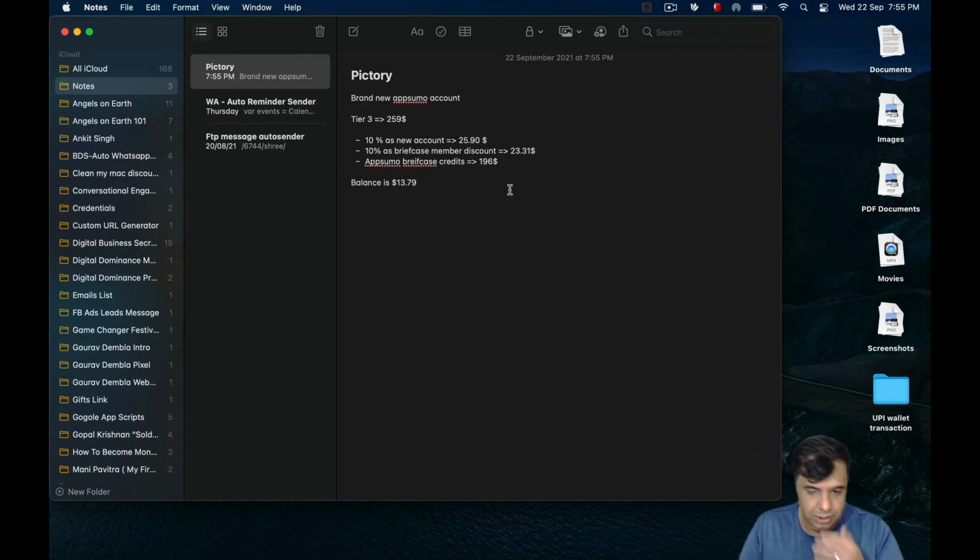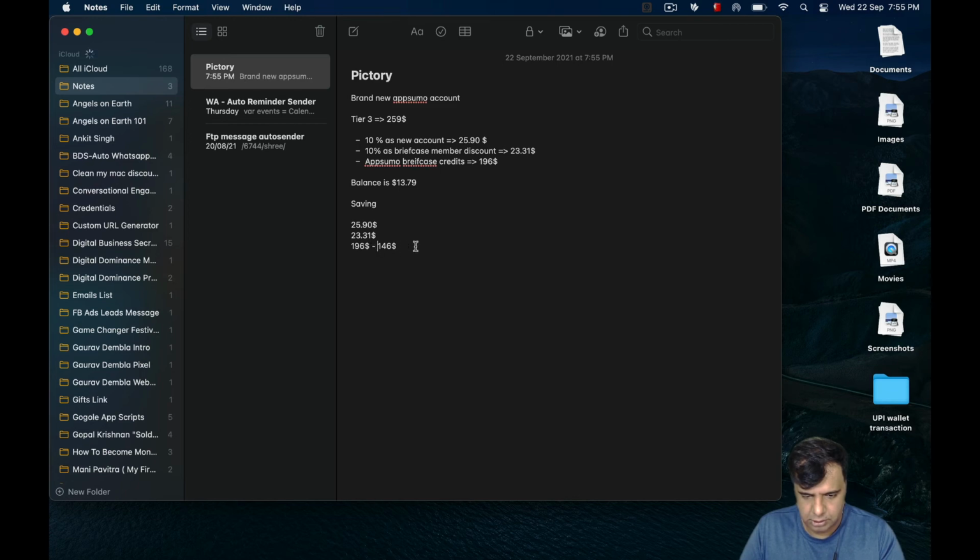So how much did I save? If I do the calculation of savings over here, I saved $25.90, then I saved $23.31, and in my briefcase account, I paid $147 and I got $196. So let's do the math.